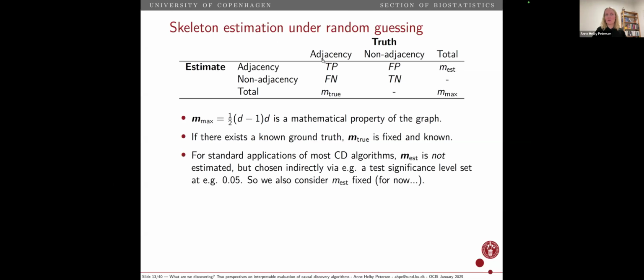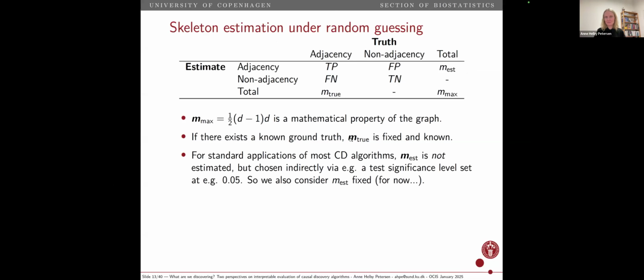We will call the total number of estimated edges m_est, the total number of true edges m_true, and the maximum number of edges in the graph m_max. What I want you to note here is that m_max is a mathematical property of the graph. You can just say how many edges there can be. It has this formula, where d is the number of nodes. And if there exists a known ground truth, then I think it's also very reasonable to consider m_true as a